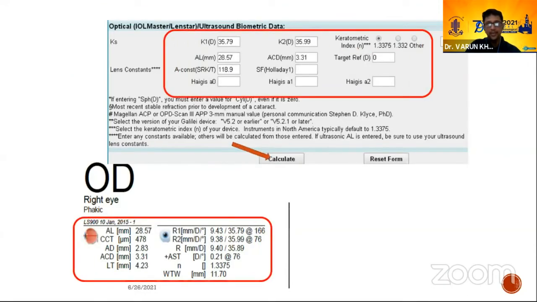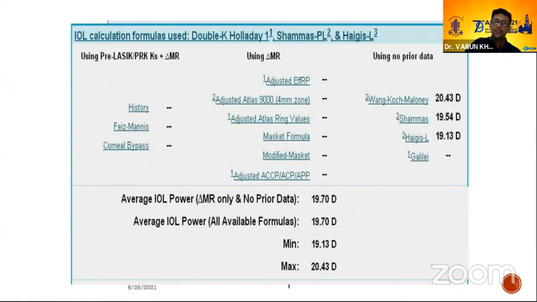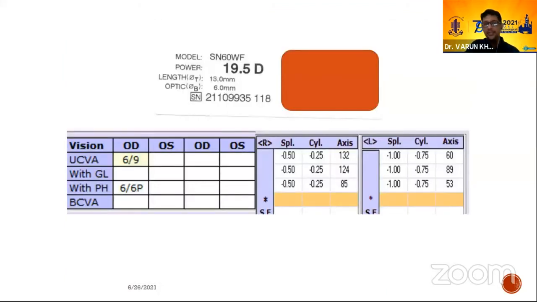And once we calculate, we get a lens power which is about 0.5 diopter different from what we were getting earlier. Of course, we had more information that we were able to update in center 2 with the help of a Pentacam. So my gut feeling would be that this would be closer to the actual refraction. In the end, we ended up putting a 19.5 diopter lens, and the patient was left with a 0.5 diopter myopia. Now, in a post-LASIK case, a 0.5 diopter of residual refraction is something I will take any day.